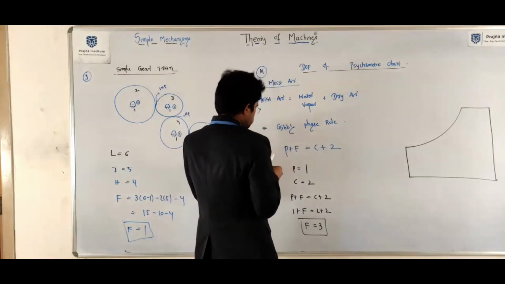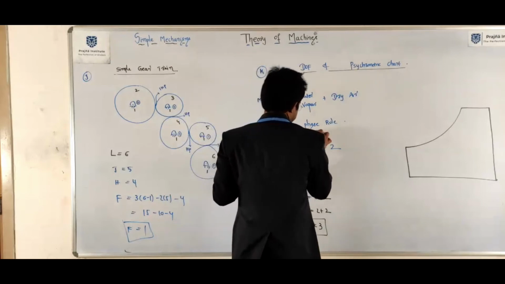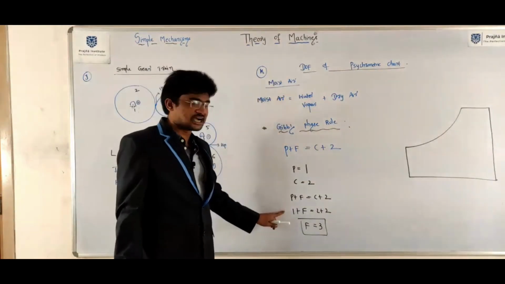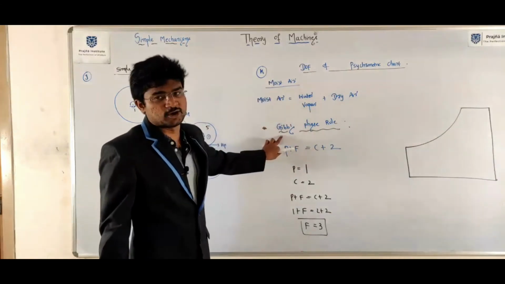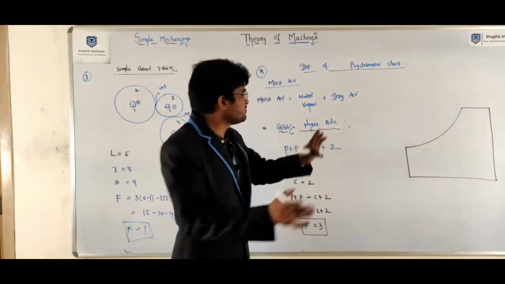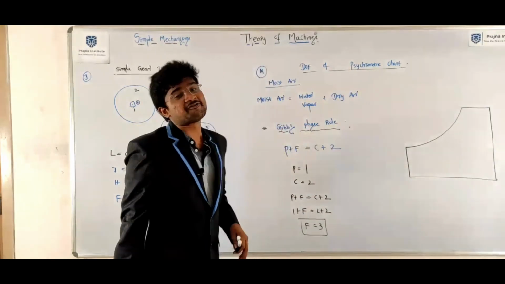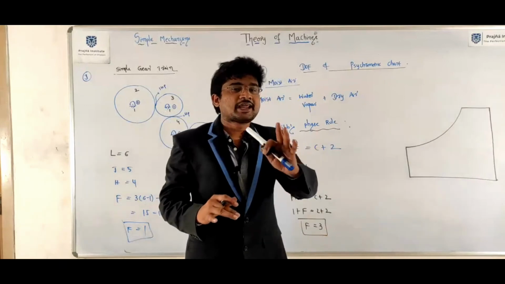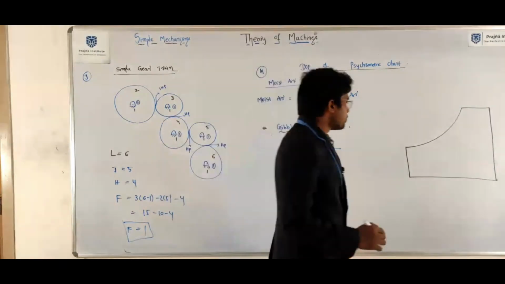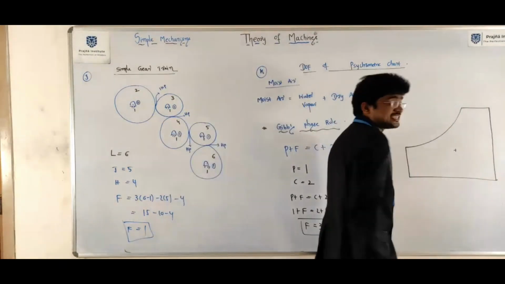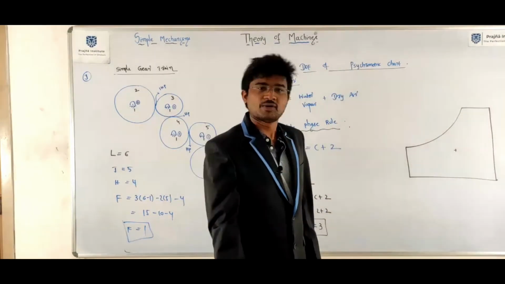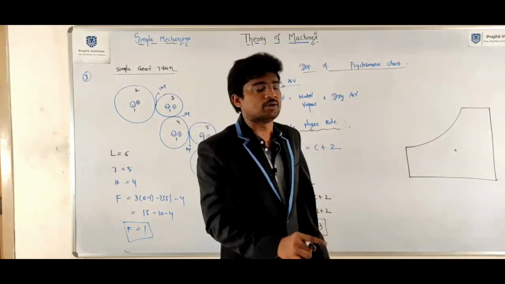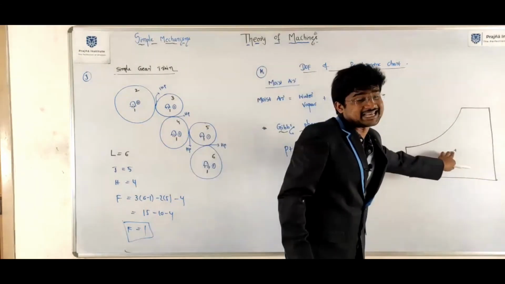According to Gibbs phase rule, what is the degree of freedom of the psychrometric chart? Now apply the same thing here. What is meant by degree of freedom? The number of independent parameters required to describe the position and orientation of the system. That is, the number of independent parameters required to mark a point in the psychrometric chart.